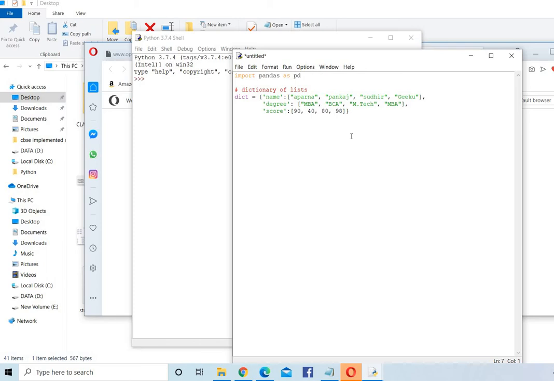So first of all, I have imported pandas, and you know very well that hash indicates a comment. Next line, dict equals, that means you are creating a dictionary, and it is a dictionary of 3 elements, and keys of the dictionary are name, degree, score, and there are list elements in the dictionary. Using this dictionary of lists, we will create a data frame,